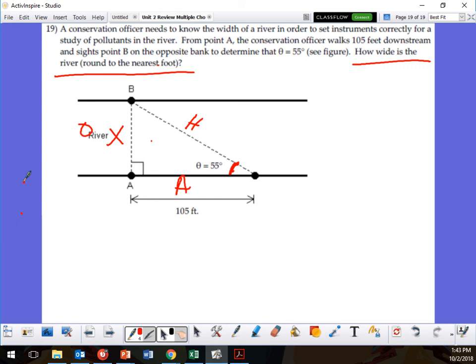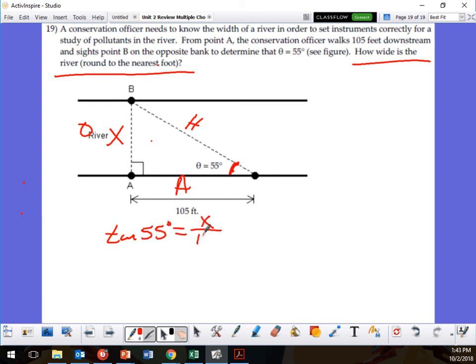Now, what am I going to work with? Tangent. Why tangent? Because you need to find the width, which is the opposite, and you already have the adjacent. I wanted you to use the word opposite on that one. So it is going to be tangent of what? Tangent of 55 is equal to